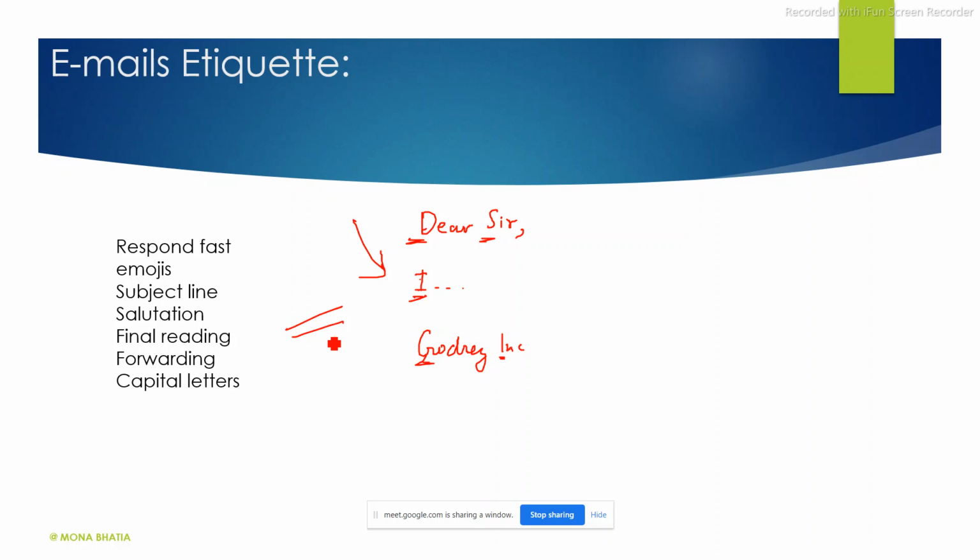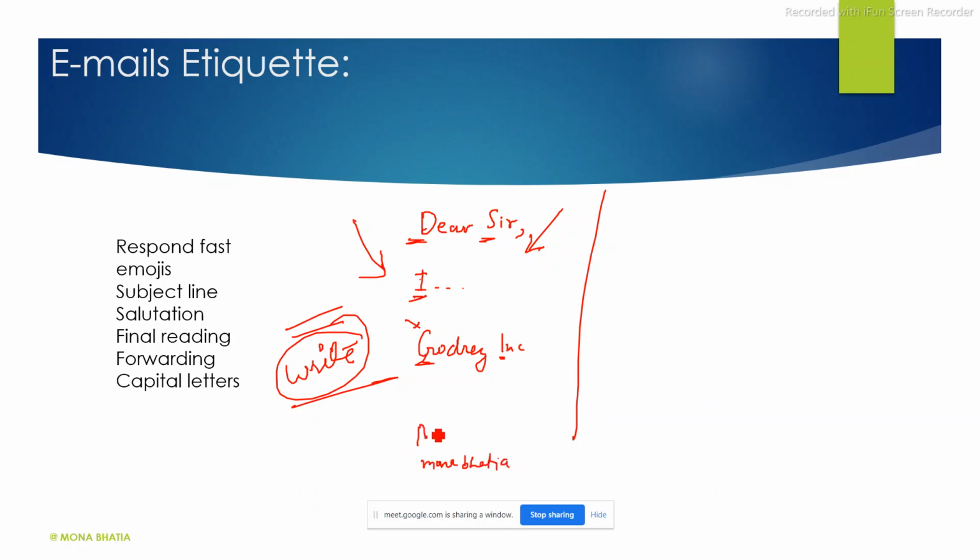So this will come. You are in the flow of writing. Just write the email first and then go for capitalization, because sometimes your thoughts are more important than capital letters. But once you are done with all the thoughts that you had in your mind, then please check for capital letters, because that is very important. Never write, for example, your name with a small letter. Okay, never. How in the email you are going to write it? Like this. Make sure, because it adds a professional touch to the email. This is very informal.